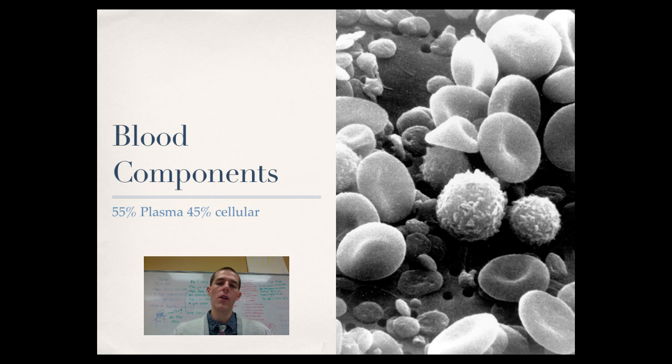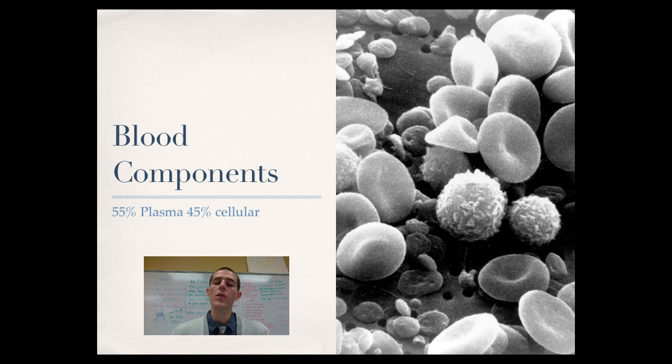Components of your blood that you need to know about. You need to know that your blood is 55% plasma. Plasma is the fluid part of your blood. It includes ions, it includes water, it includes any of the components that are dissolved into your blood, nutrients, proteins, things like that. And then 45% cellular. The cellular components are things like red blood cells, white blood cells, and platelets. Really, all of the solid components can fit into those three categories. So blood, 55% plasma,